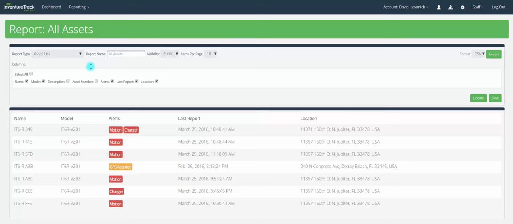Now, keep in mind that we track a lot of weird things. We track a variety of different items from the medical industry to the heavy equipment space to honeybee colonies. So every operation has different information that they're looking to gather. We've gathered a handful of the reports that mean the most to a large group of industries, but of course every client has their own specifications. So you let us know what kind of report you need and we'll make it for you. Once you have that information, you'll be able to export it via CSV, and you can view it in Excel, or you can just view the information here. Okay,